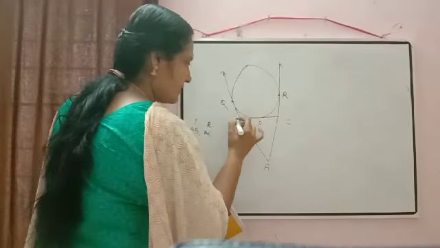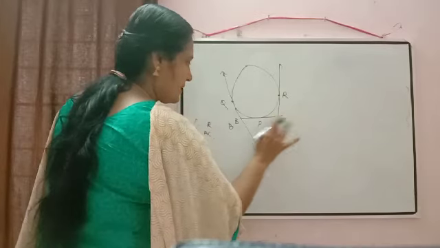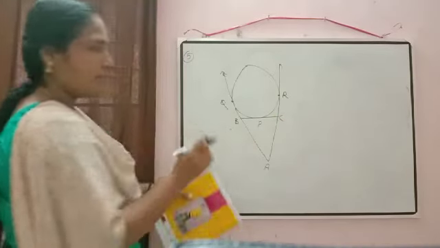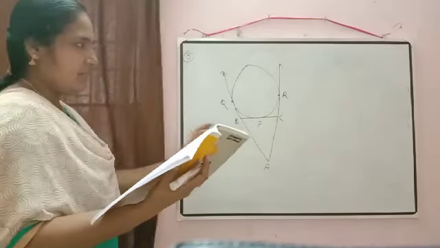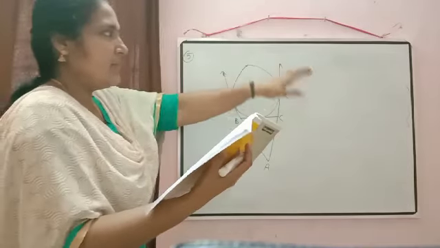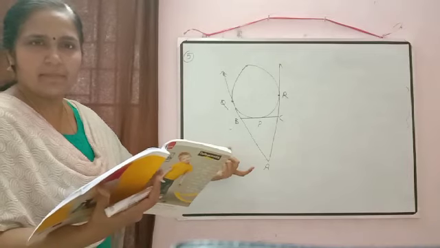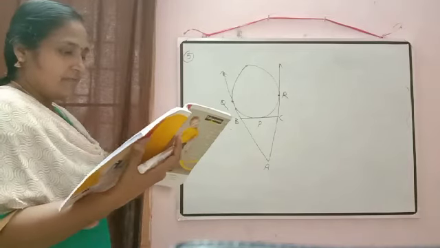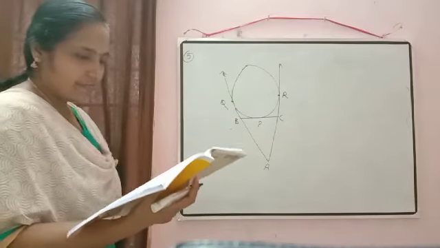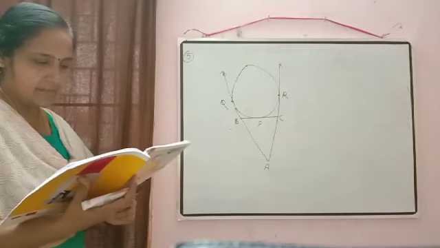So here we can mark the points B and C. I think the diagram is clear to you. If you want, you can change it here. You can draw in this way also, if this way is difficult for you. No problem. Now we have to prove here AQ is half the perimeter of triangle ABC.